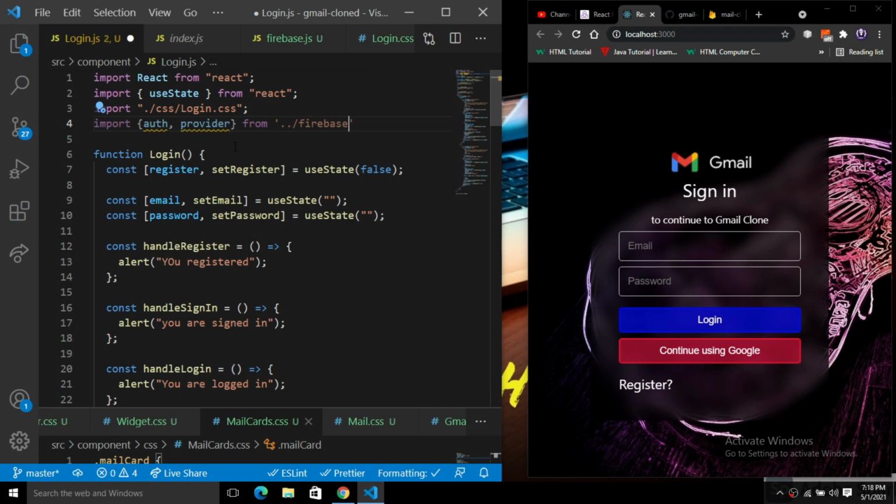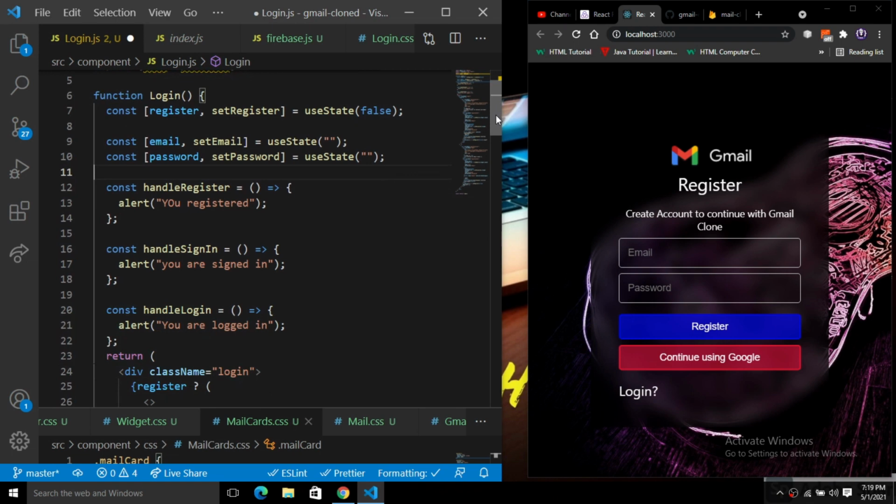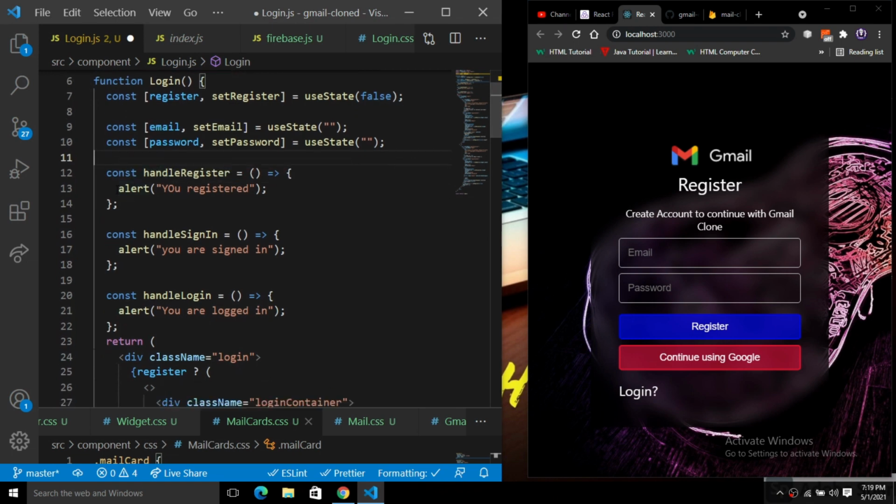So first of all, you can see here we have register. We will add the functionality of register. So how will we add this? Here we have this handle register.